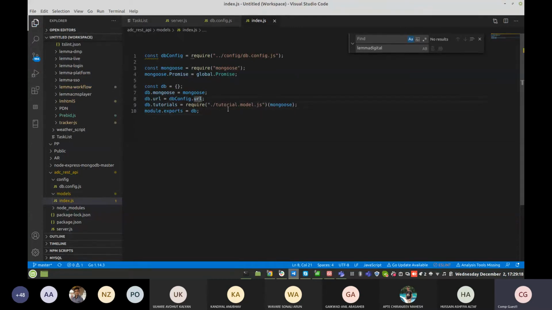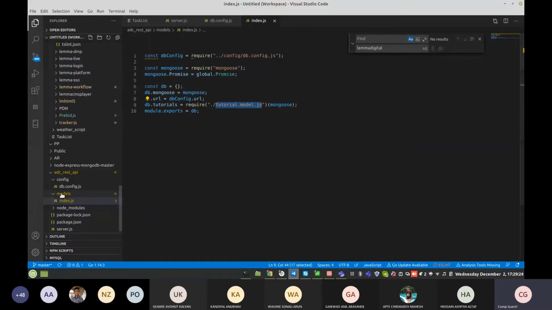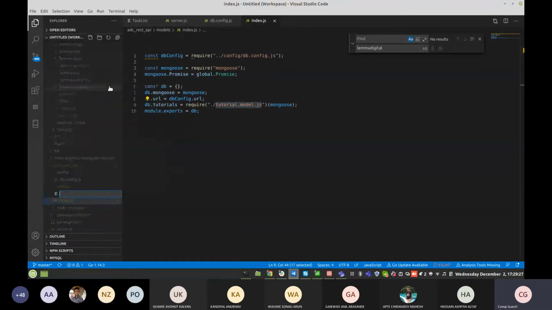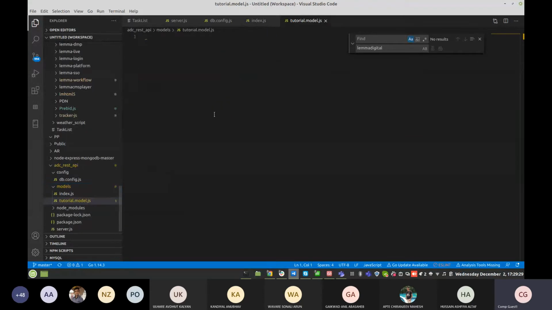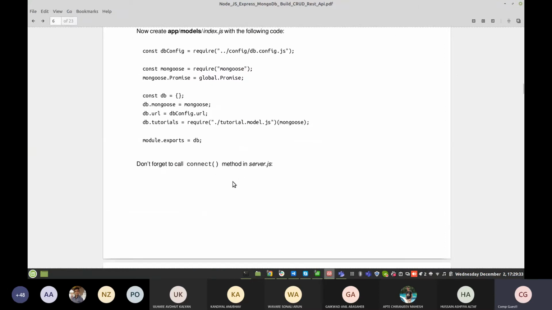Now after that we need to create the tutorial. We have created this file inside the same module directory because we need that file to access the server.